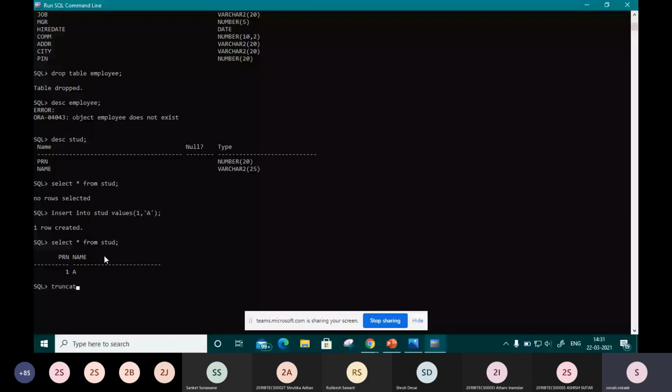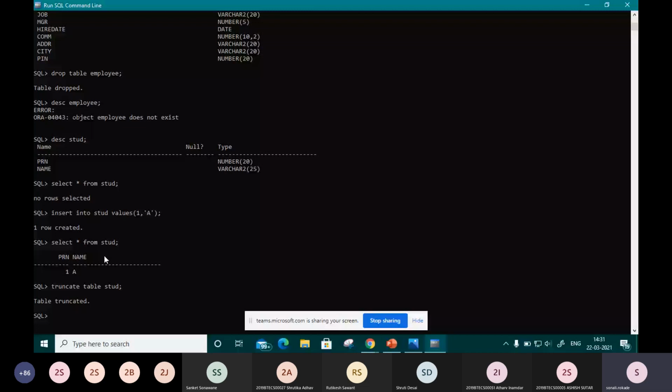Truncate table, name of that table. This truncate command will delete all the rows from the table permanently. But what is the difference between the delete command and the truncate command? Once you truncate any table, it cannot be rolled back.